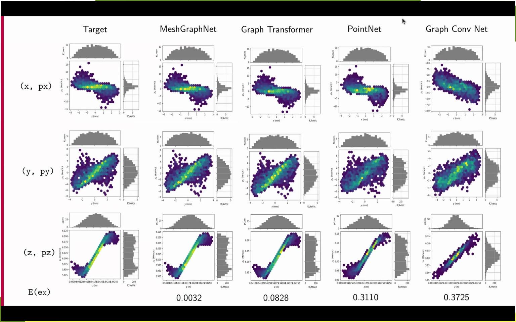So our first study was really just a comparison of popular architectures and baseline architectures that were used for this problem in the past. What we have here, we're in phase space. So we have X and the momentum in X, Y and momentum in Y, and so on. The metric for the accuracy that is relevant for this simulation is the emittance in X, which is a function of the coordinate and the corresponding momentum. And these are relative errors for that quantity.